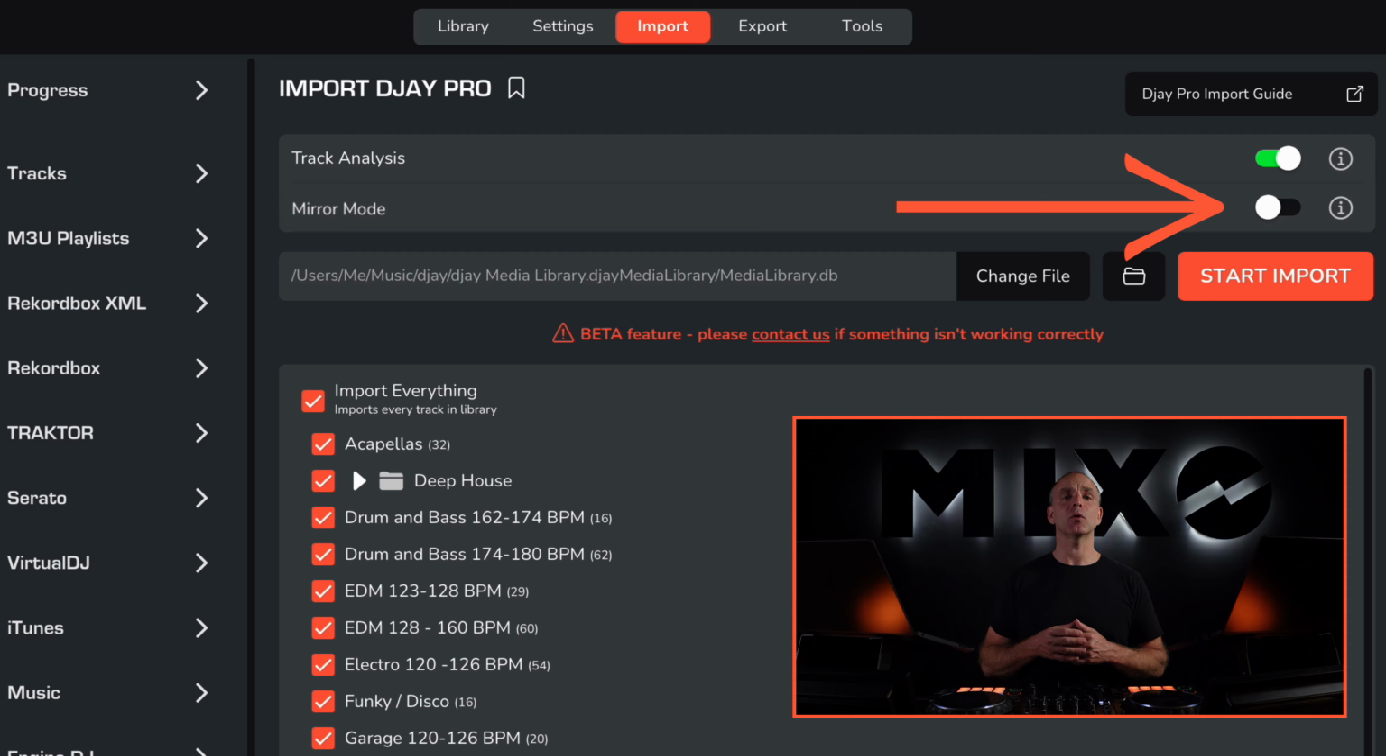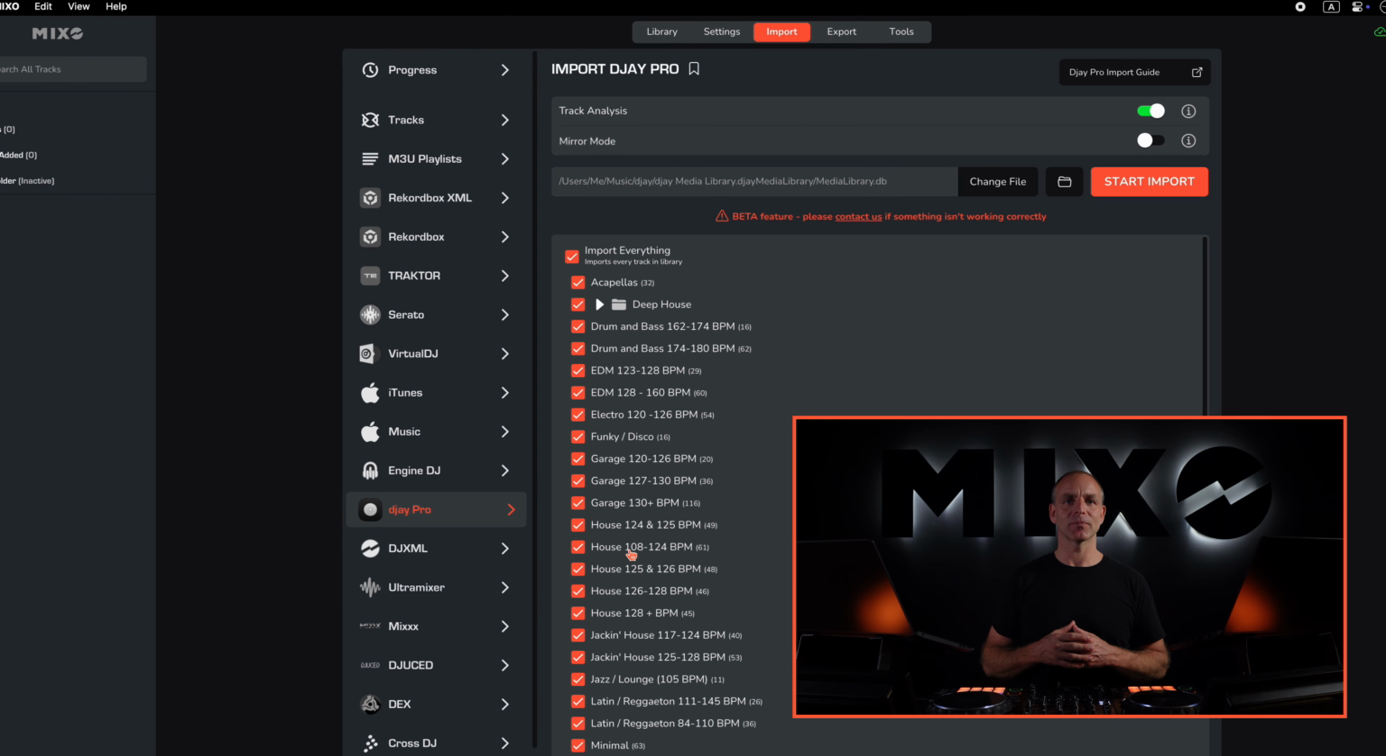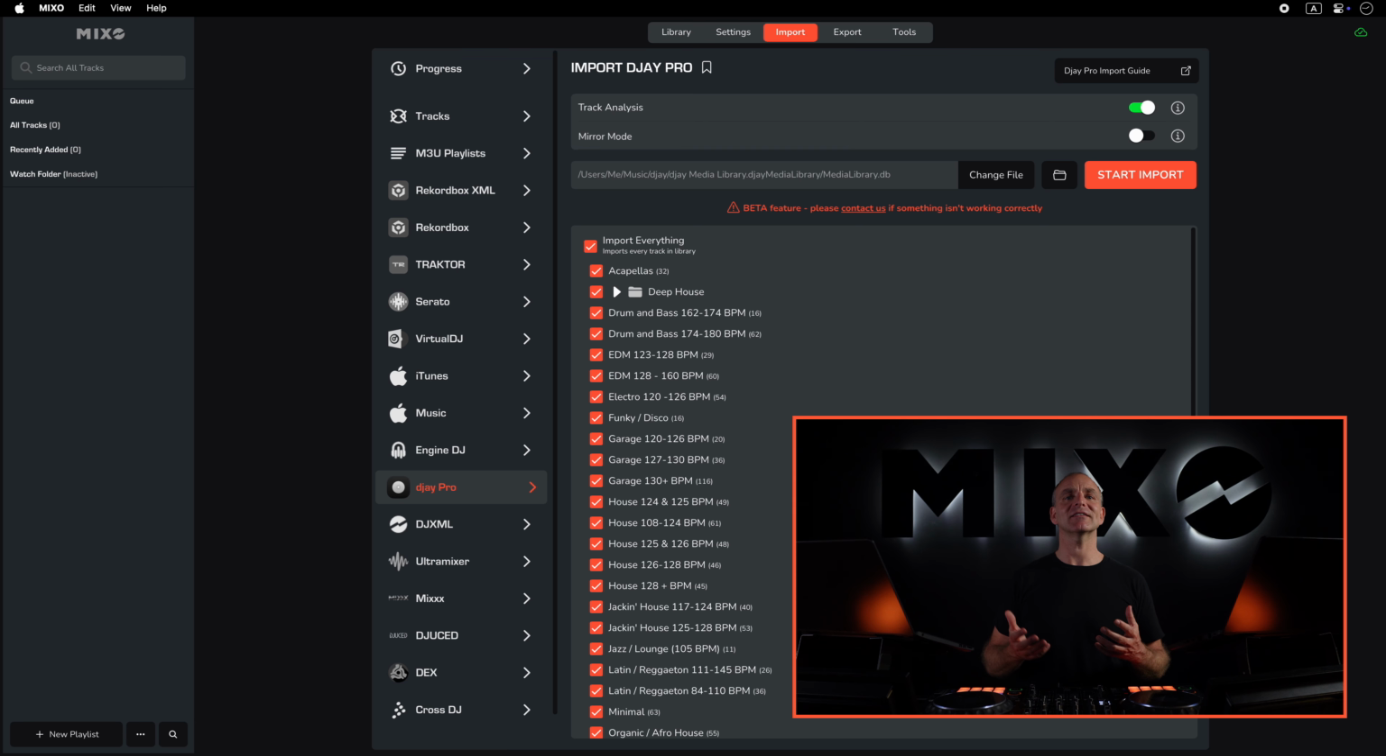To speed up the import, Mirror Mode will analyze any new tracks in the import and use the previously analyzed info for tracks that were already in your library. If you want to, you can reanalyze tracks for your whole library or for certain playlists after the import is complete. Once you've chosen your settings and your database file, then you can choose to import either your entire library